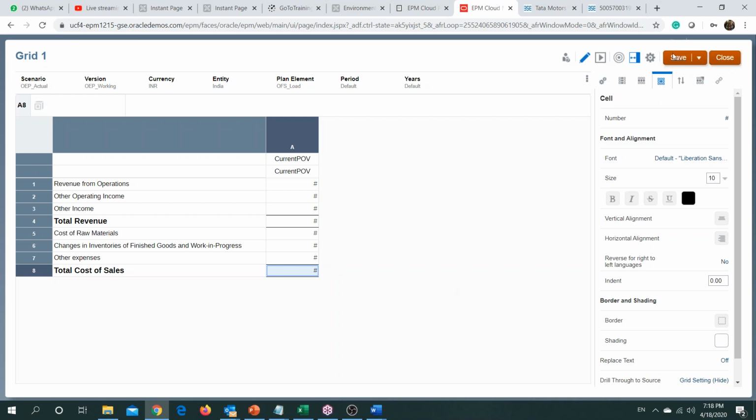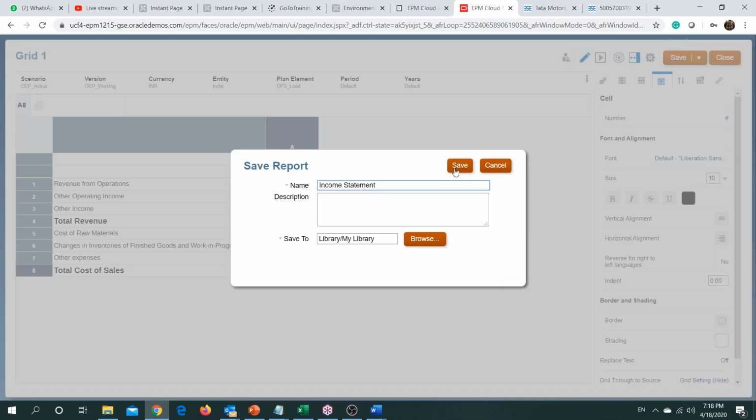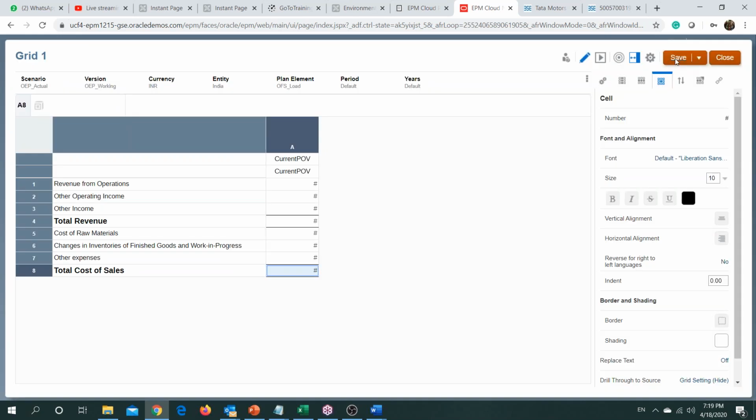Now once done, just save, provide with the name as given, just save it. And okay, I should have saved it with a different name because there might be other definitions too for this particular report with the same name.